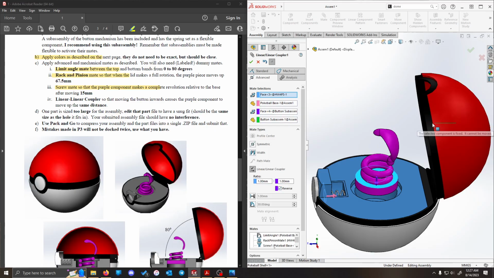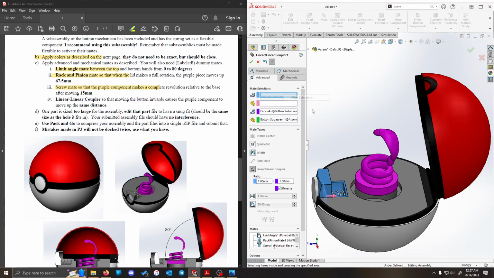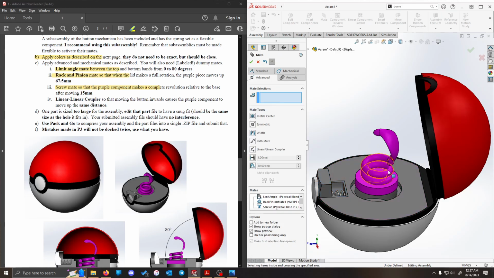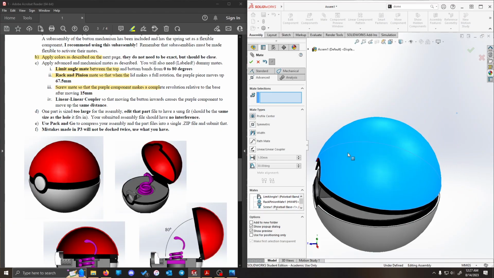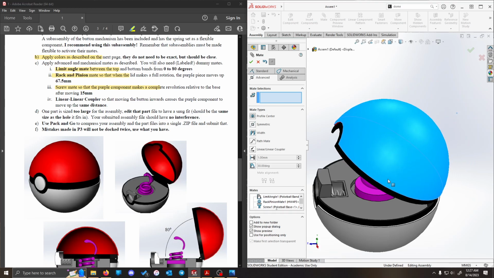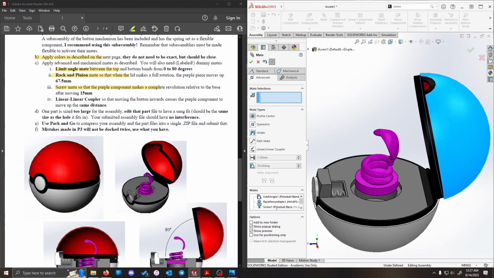Let's try reversing it. Whoops. There we go. Want that top surface there, and the base. Okay. It was upset because the button was already at the furthest it goes. So,